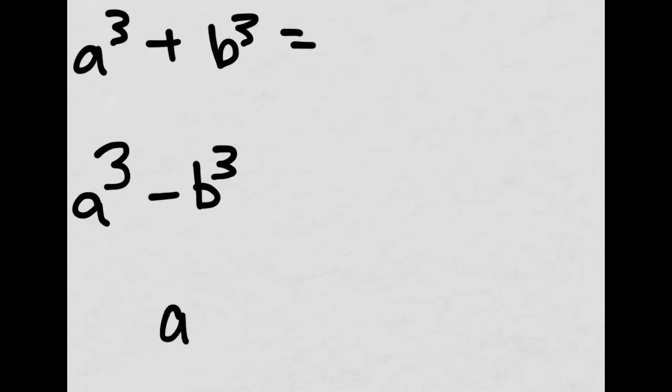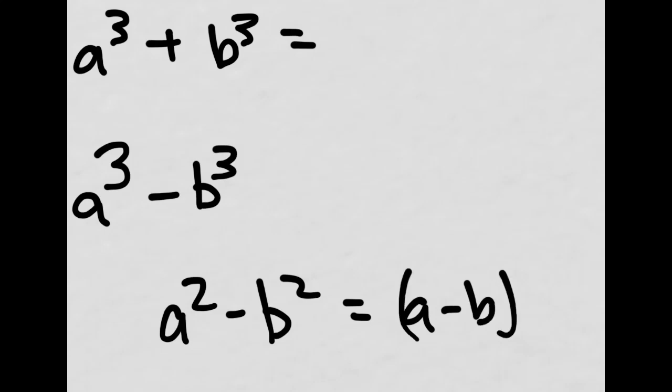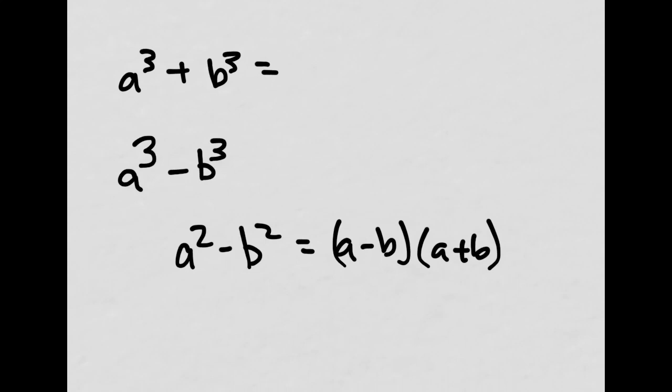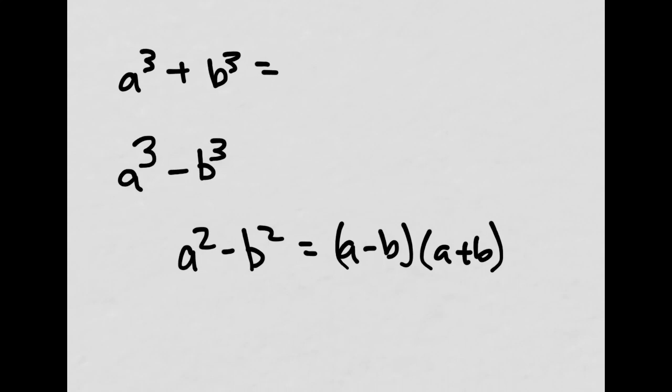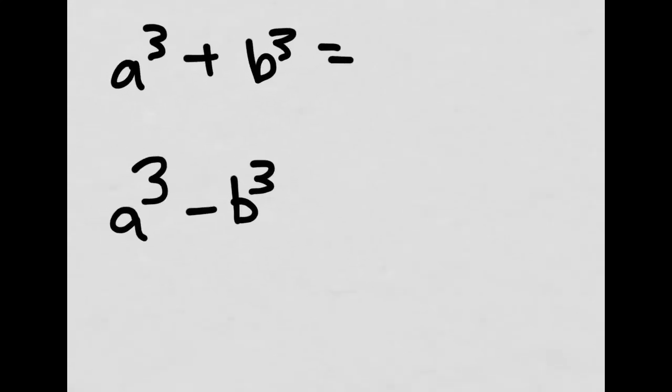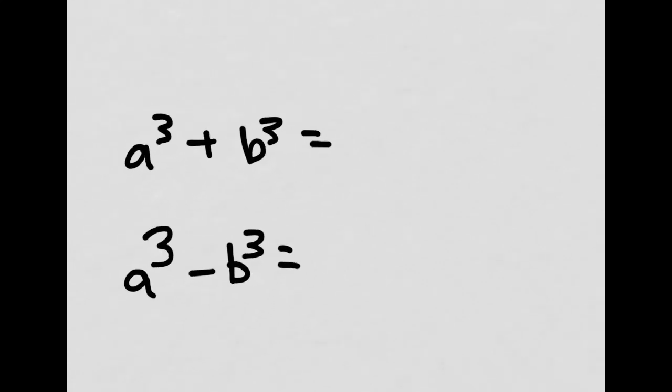You know how sometimes we have a squared minus b squared, and it factors into a minus b and a plus b? You remember doing that? That only works with squares, and it has to be minus when you're doing squares, but in cubes it can be sum or minus. So the formula is